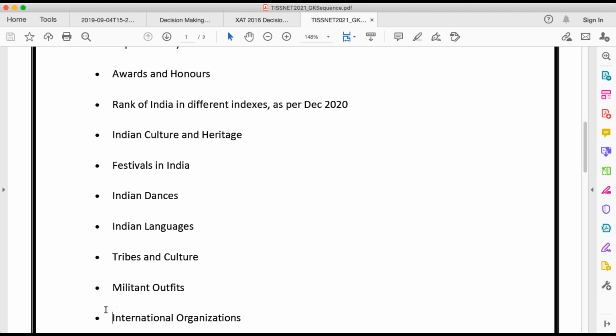So are you clear what all to study in international organizations? Suppose there is G7 or G5, you should know the names of the countries that are part of it. You should remember the names of the countries which are part of SAARC and of ASEAN. Otherwise, for organizations like WHO, UNESCO, UNICEF, etc., you should remember the global headquarter, Indian headquarter, and the purpose.